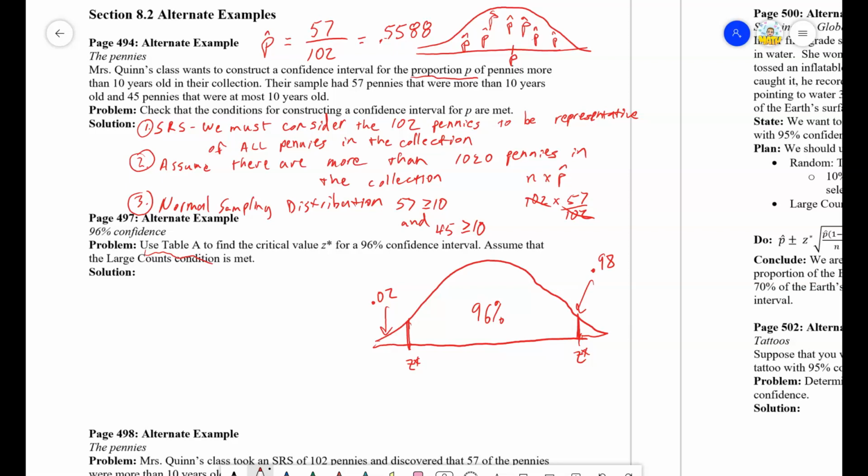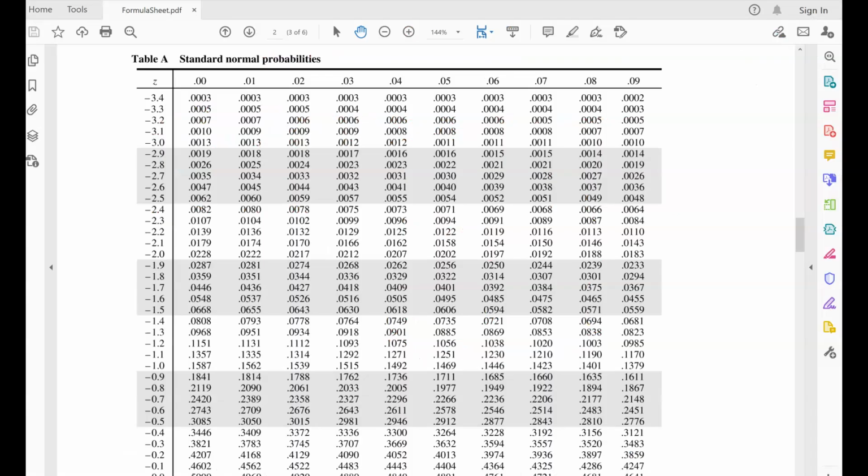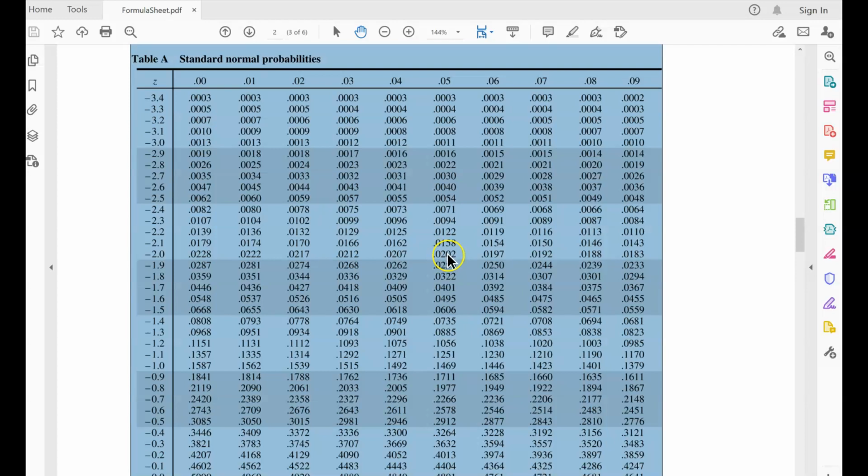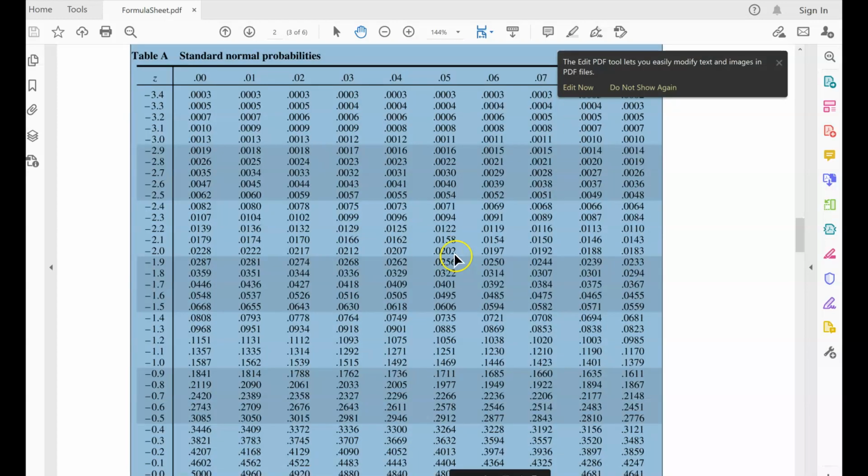These two values should give me the same result. So let me see if I can look at that table in the whiteboard here without losing what I already have. I'm looking through this table and I want to find a value as close to 0.02 as possible. And it looks like I can find this one right here, right in the middle, 0.02. So now I'm going to work backwards and see what would be the z-score that would correspond to that. It would be negative